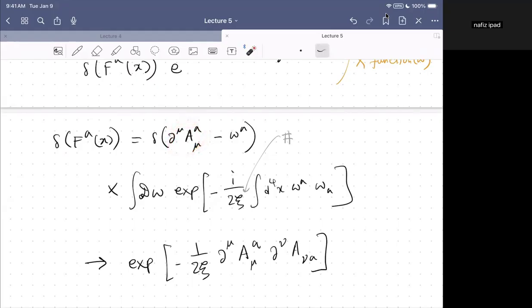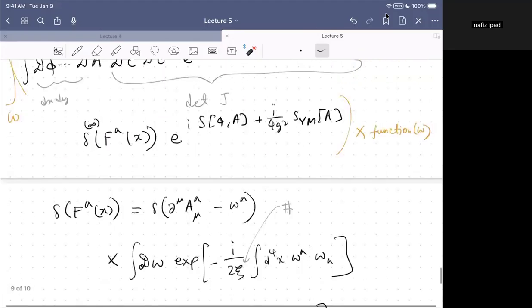Because all that you have done is that instead of omega A, you have plugged in the divergence of A. Okay. All right. So once we do this,